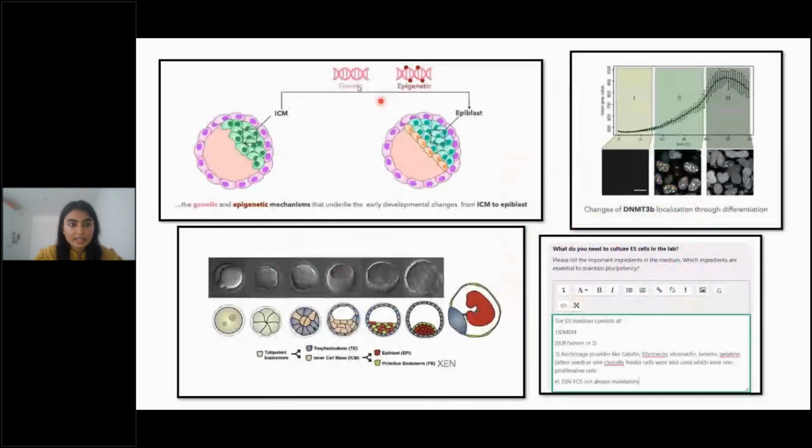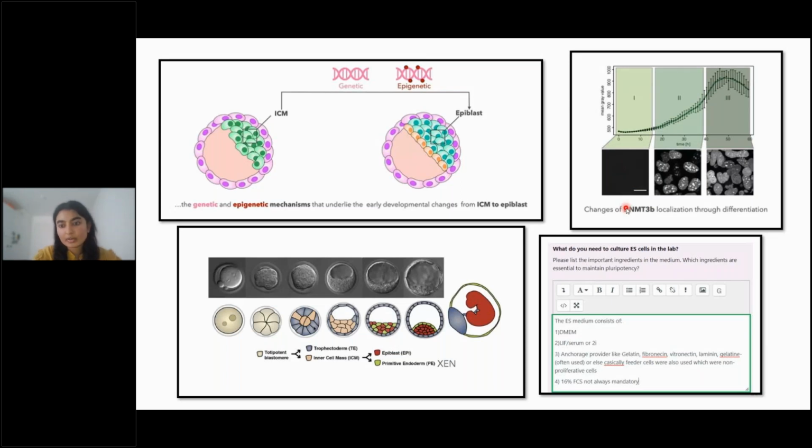Then the epiblast. Basically, when the inner cell mass undergoes methylation modification, then it forms the epiblast cells, which we saw. It's just a recap. This is from a research paper I saw. There is this DNMT3B, which is a methyltransferase enzyme. It's basically responsible for loading the methyl onto the DNA, and when the methyl is loaded on the DNA, the gene will shut off.